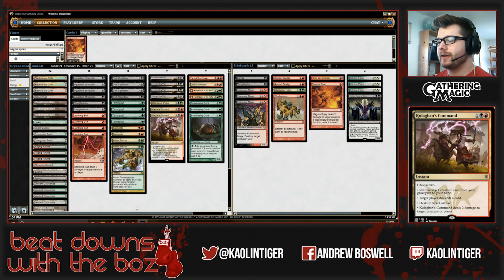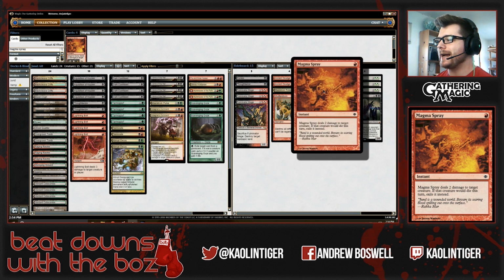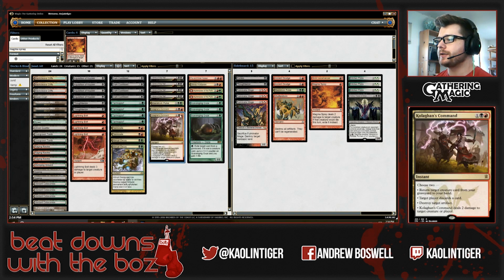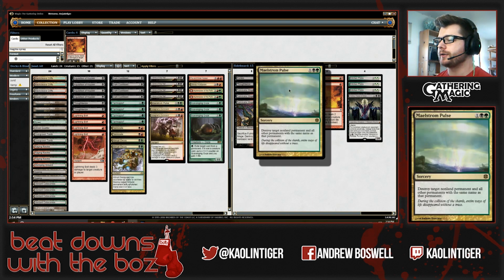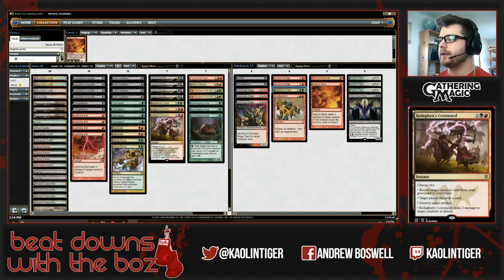Today we have essentially the same deck as last week with two minor changes. We are playing Jund, because Jund is great, and I cut one Fulminator Mage from the sideboard to make room for this one Magma Spray, and I switched a Maelstrom Pulse and Kolaghan's Command in the sideboard. So I had 2 and 2 of each. But last week I had 2 Maelstrom Pulse, 1 command in the main and 1 command in the sideboard, and